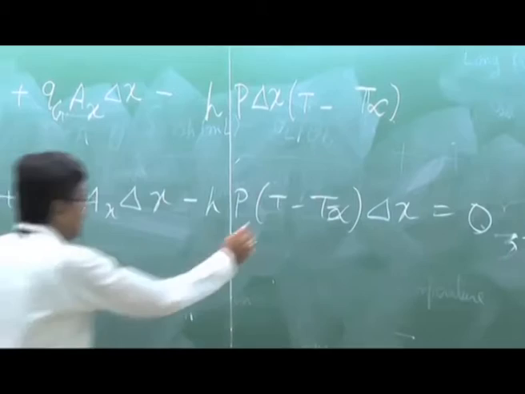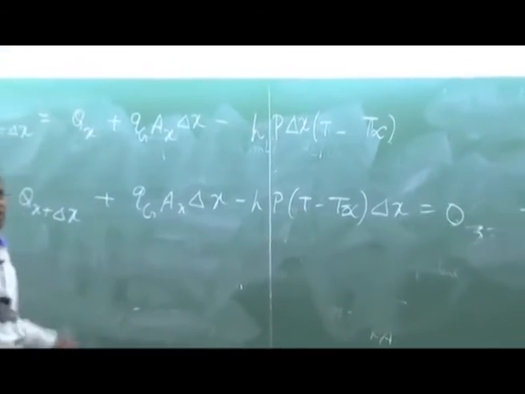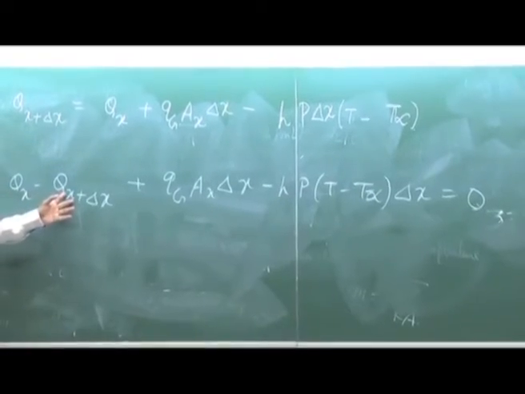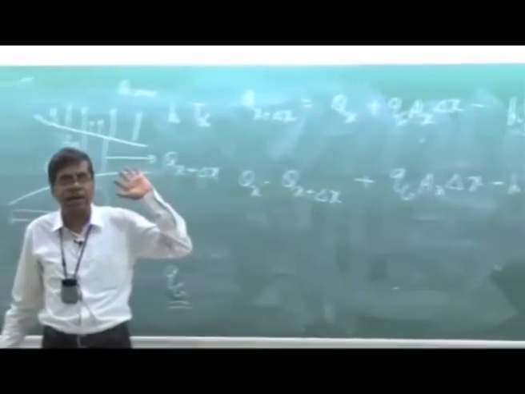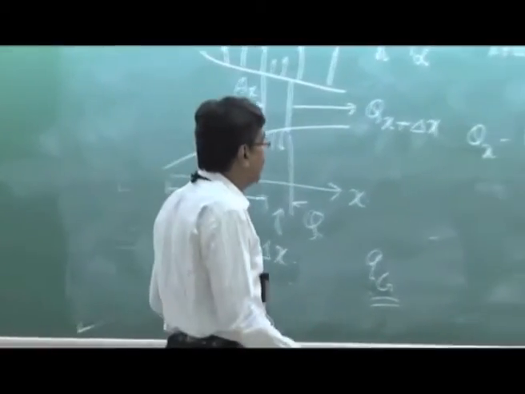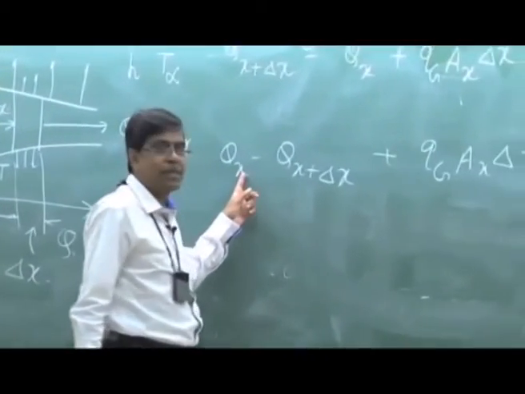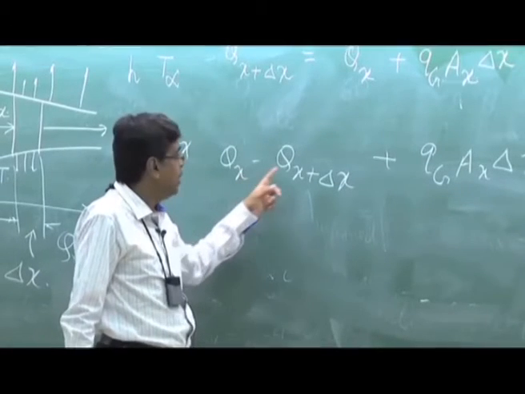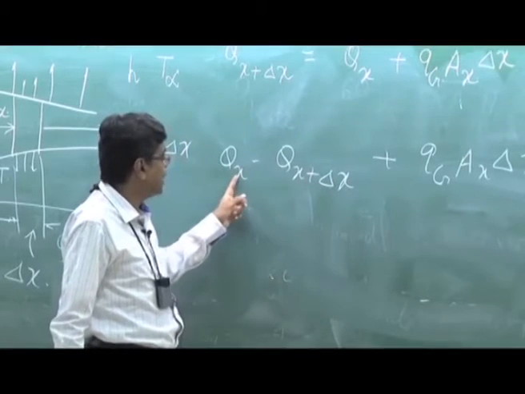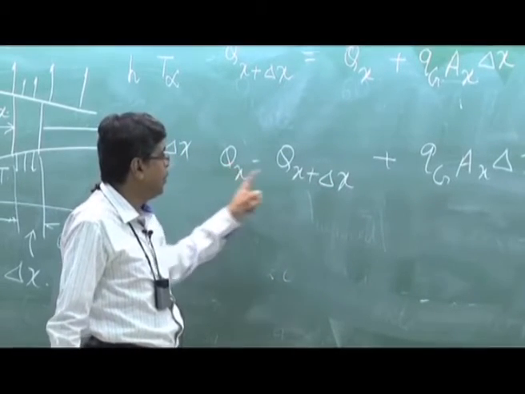Now Qx minus Qx plus delta x we have done several times, expanding this in Taylor series and neglecting the higher order terms, and then substituting the Fourier heat conduction equation. Qx is minus k Ax dT/dx. Qx plus del x is Qx plus